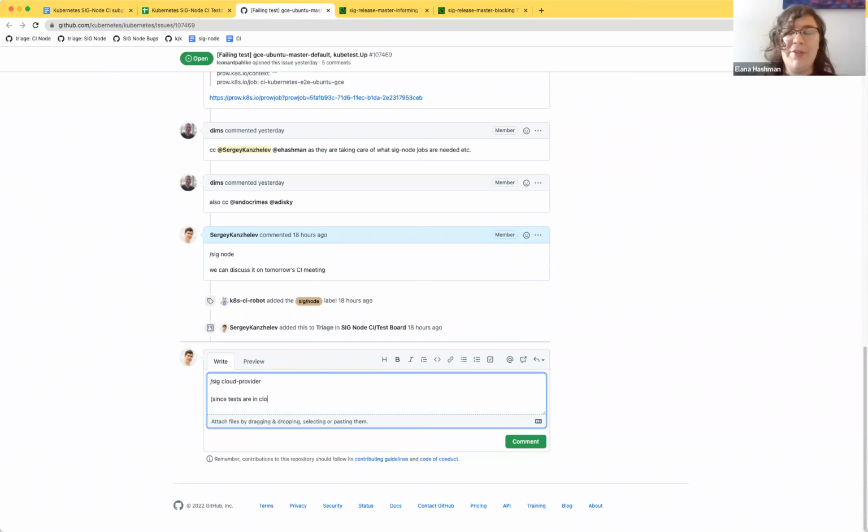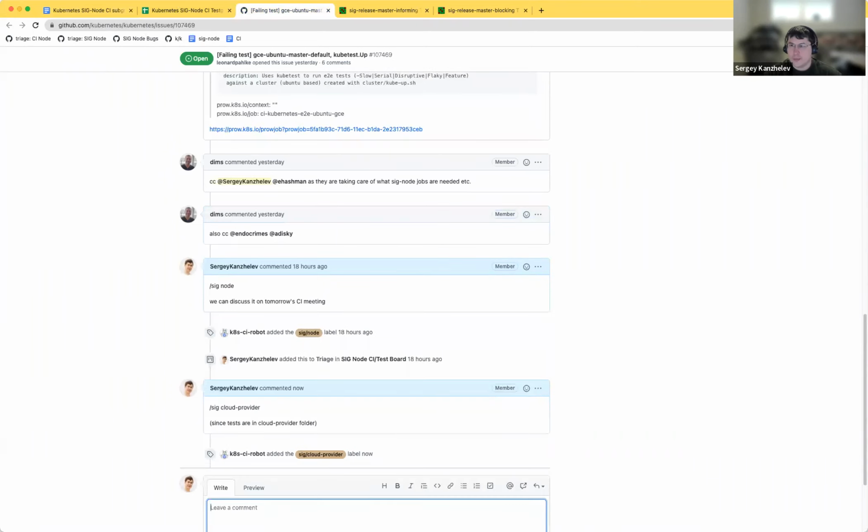I guess that's probably why we didn't migrate them, because we migrated everything else off Docker, but we wouldn't migrate other SIGs' tests off of Docker. If I do a quick code search in test infra, there is also one in SIG storage and several in SIG release. SIG release is the old branches, so it might be okay, but the one in SIG storage is also a GCE config.